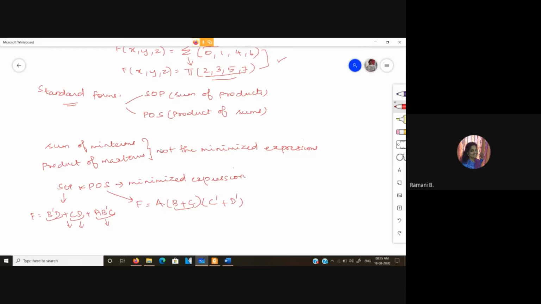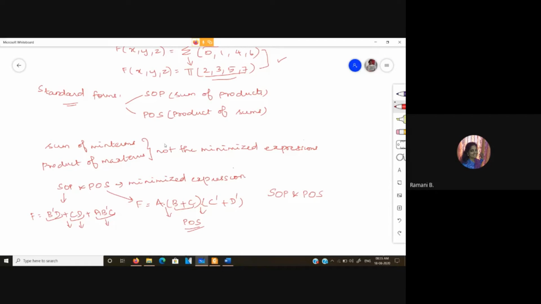So this corresponds to OR terms, and you have the AND operation of those OR terms. So we call that the product of sums. Any minimized expression, you can name correspondingly as sum of products or product of sums. Generally, we will say it as SOP and POS only.